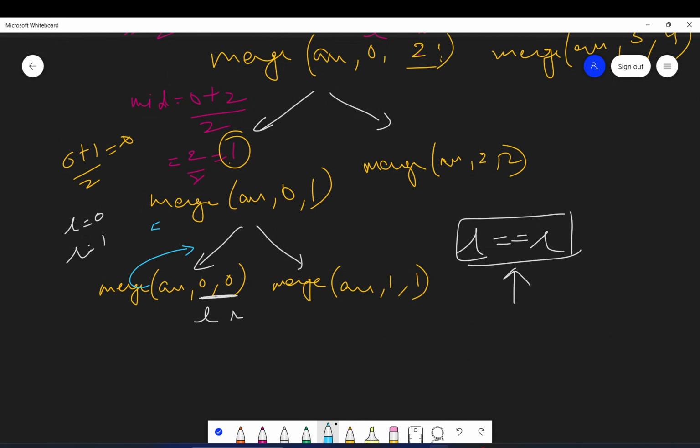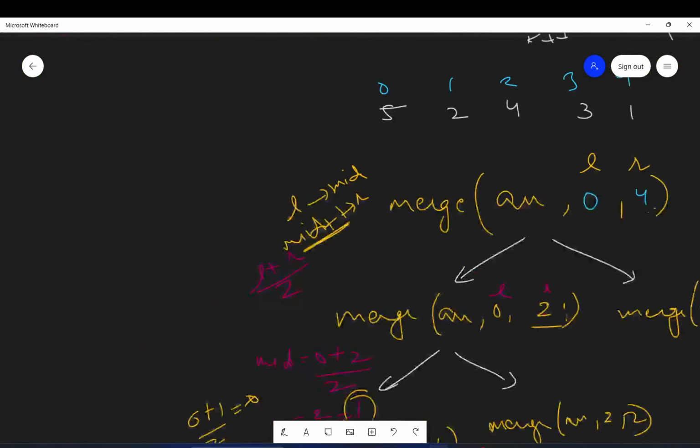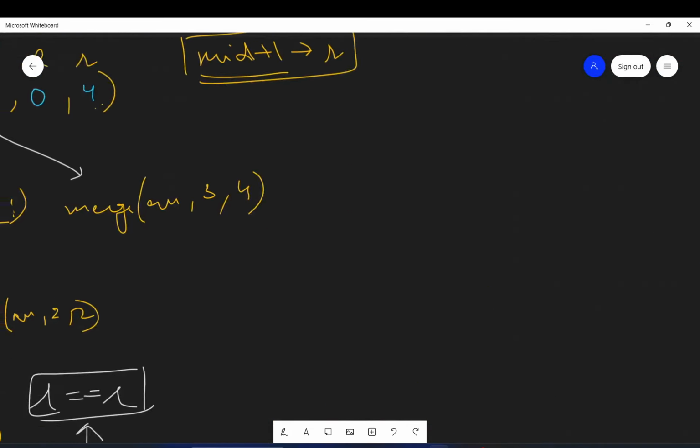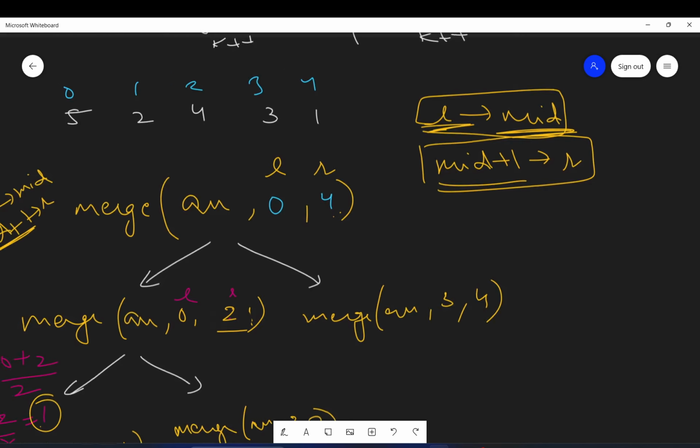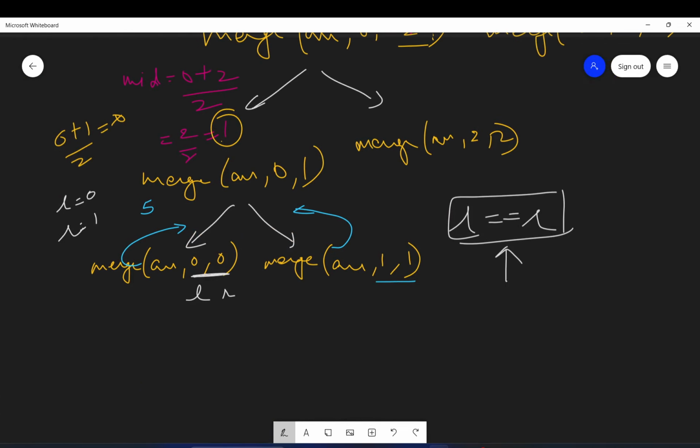So we get 5 here. Similarly, here also we get index 1, which was 2. So here we will return 2.